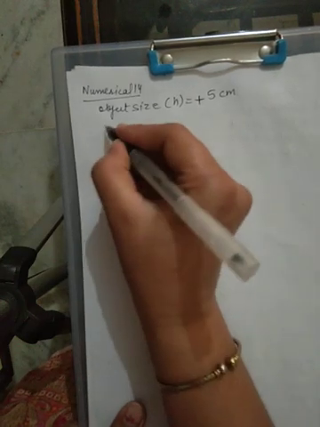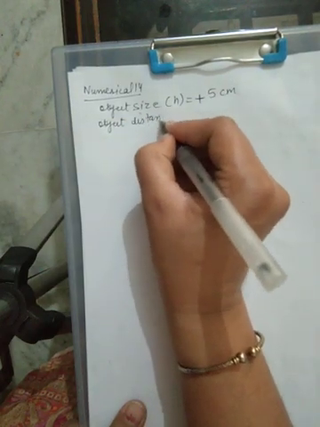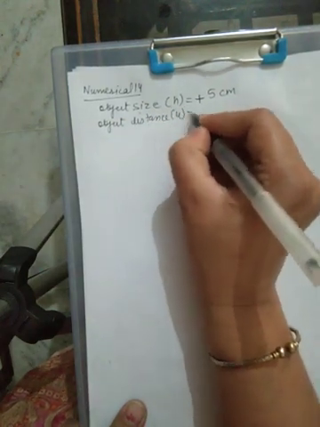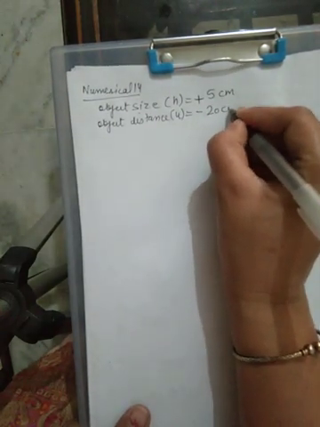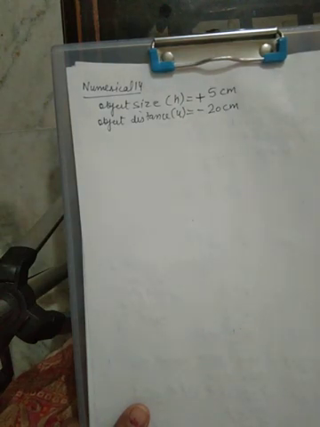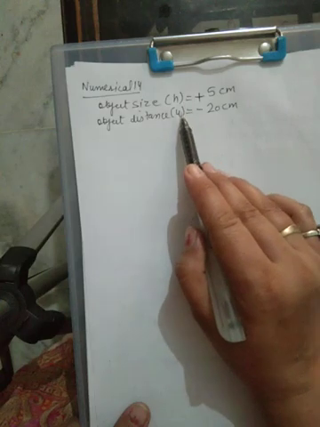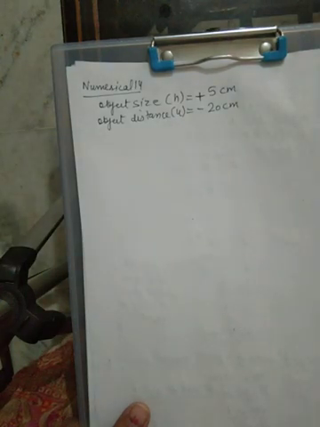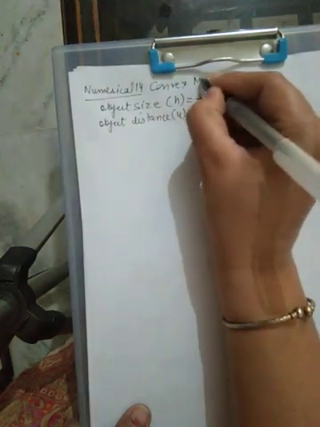Okay, an object 5 centimeter in length or size, it is placed at a distance of 20 centimeter. It means object distance or distance of object, that is u, and you know u is always negative, so it is minus 20 centimeter. An object 5 centimeter in size placed at a distance of 20 centimeter in front of a convex mirror. It means what is given? Convex mirror